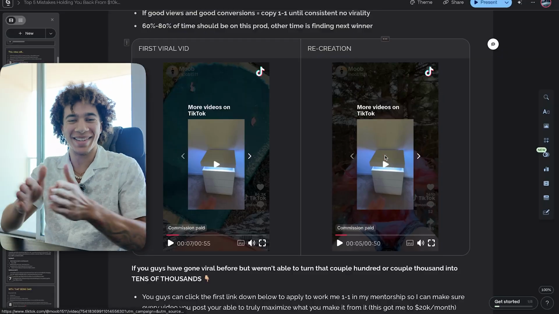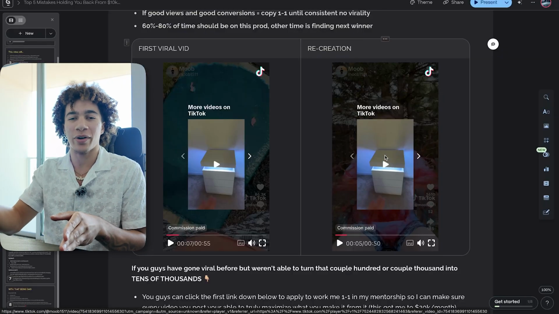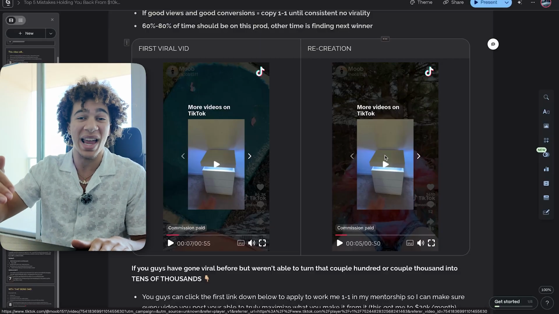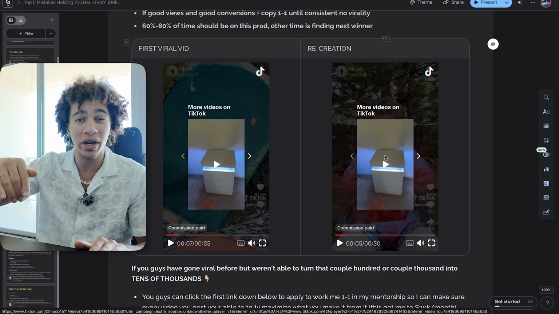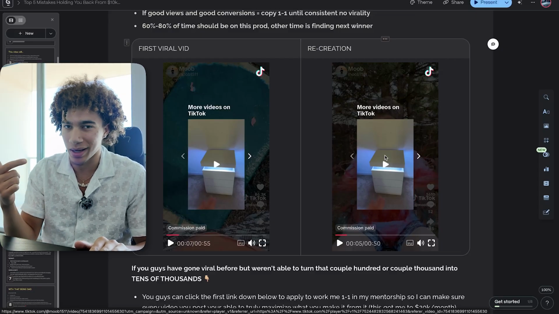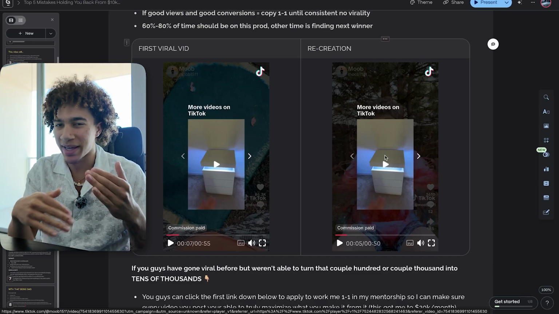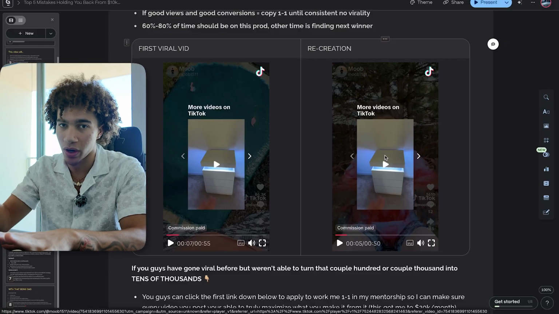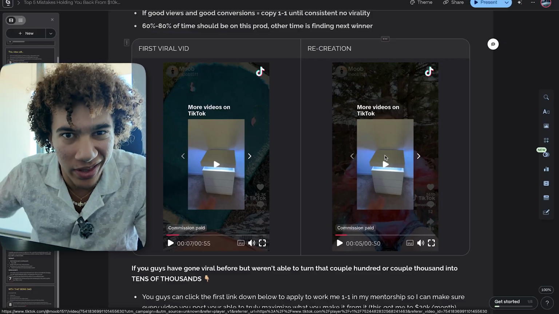Okay, but you guys see the difference, right? It's like he got creative. It's like he kept the same concept because this is an example of going viral and getting good conversions, right? So all you need to do is just re-spark that hook, right? Just change something about the hook, change something about the first 10 seconds, change the concept a little bit to keep that virality going and keep the good conversions. That's a perfect example of that, right? That's when you need to start implementing your creativity and seeing how you can get this to go viral again, right?